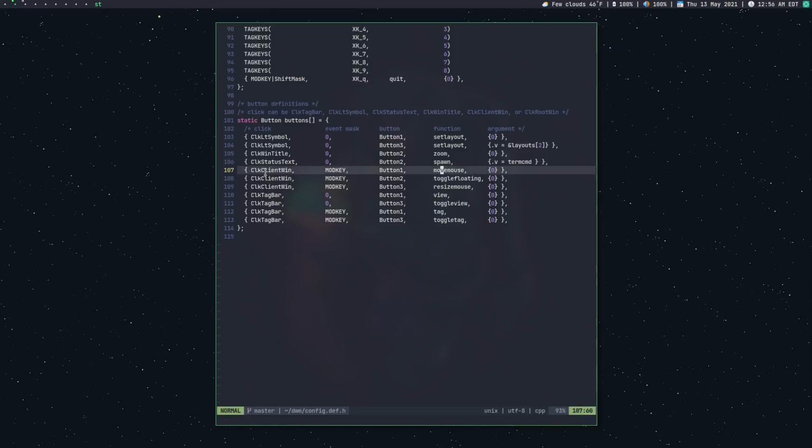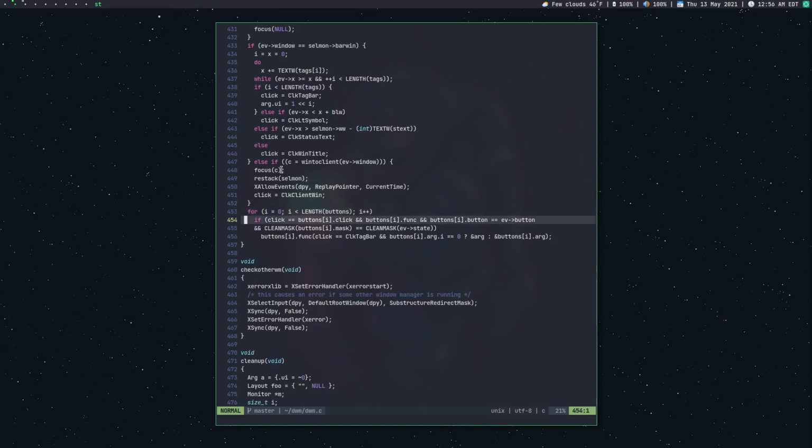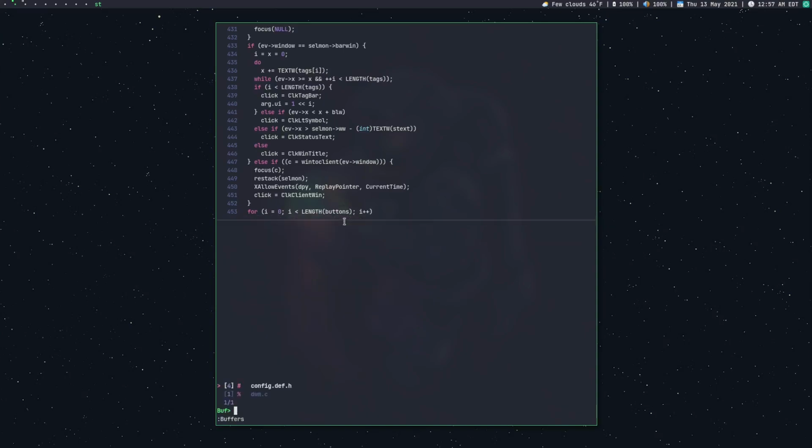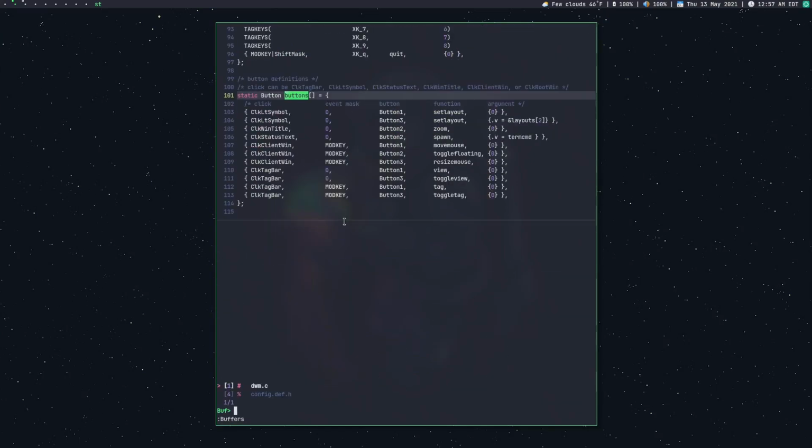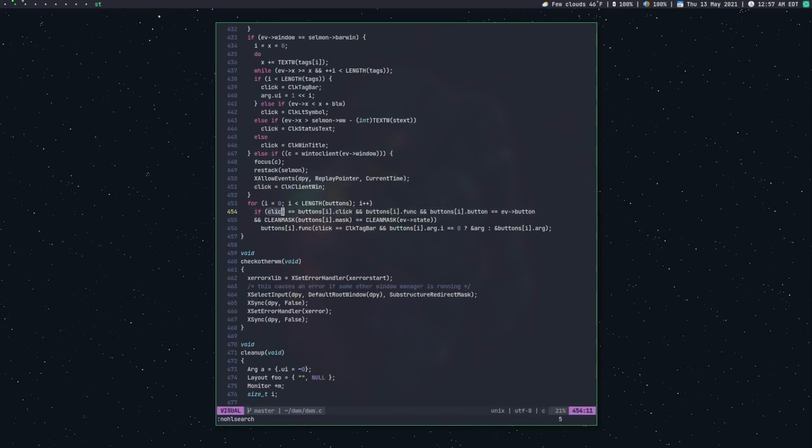So if we were to look at this code again, it's going to iterate over every button in this buttons list, I guess. And it's going to say if the click type, so we're assigning this click client window. So if that happens, oh yeah, buttons is in here. Yeah. So it's iterating over this. It's going to check the index of every single one of these. So if the click event that you already had matches up with the click event here,